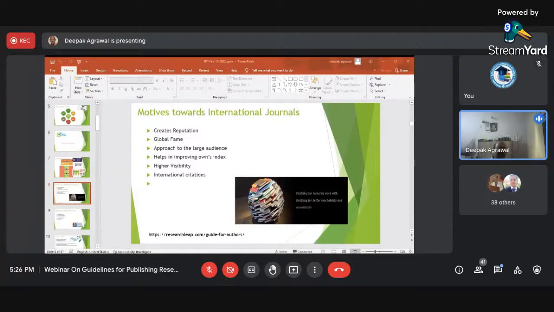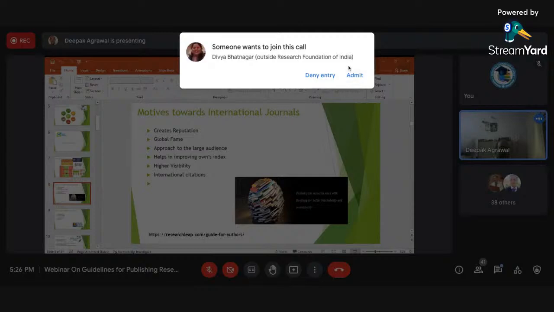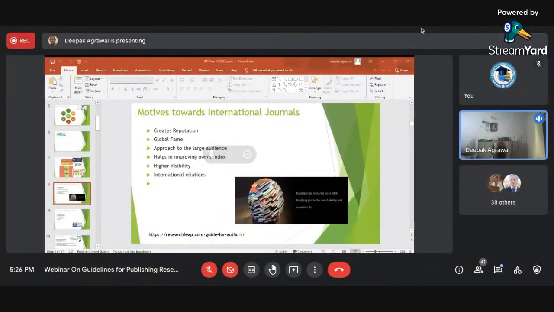Now, types of journals, classification of journals. The very first and the common one is the open access journals. The Directory of Open Access Journals is known as DOAJ. Open access journals are those journals which are